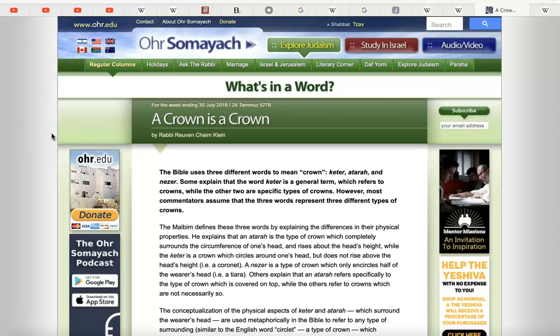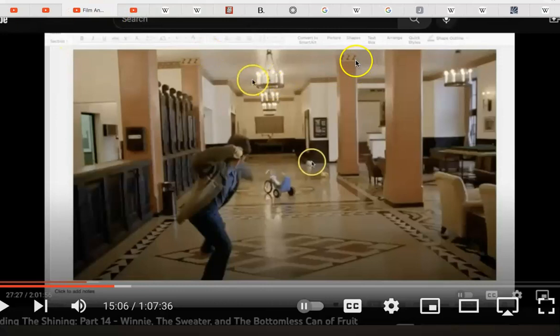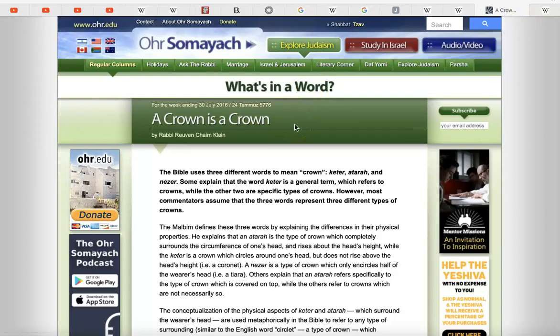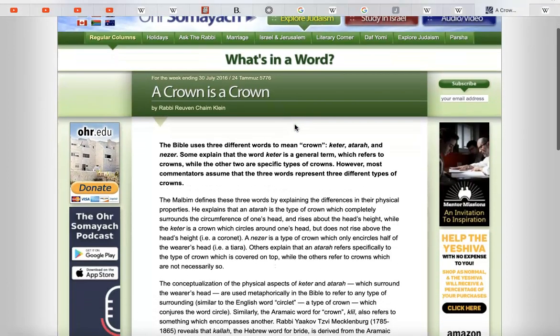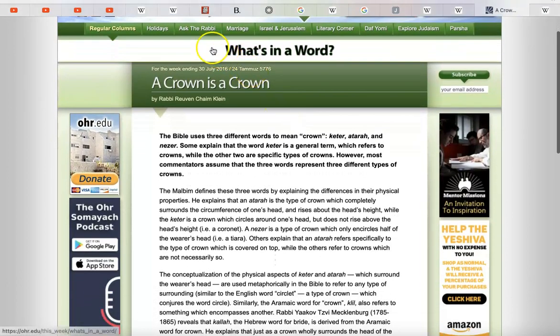Anyway. So, what do we cover? In the last video and this one, the Z's, the diamonds, and finally, the chandeliers and or crowns. Now, where was I? Oh yes, this page. And I think this is a page, I don't know if this is specifically to do with Judaism, but I think it is. Yeah, there's a section called Ask the Rabbi. Okay, so a crown is a crown.